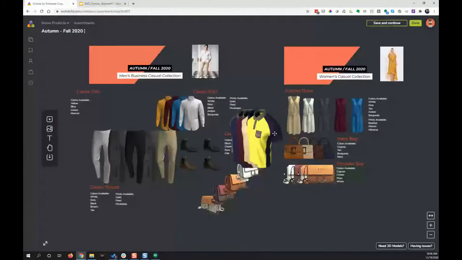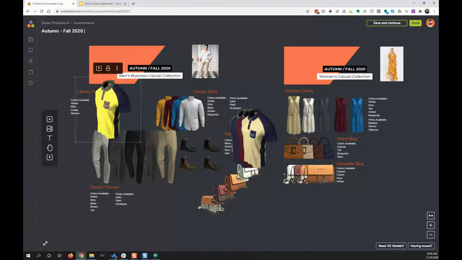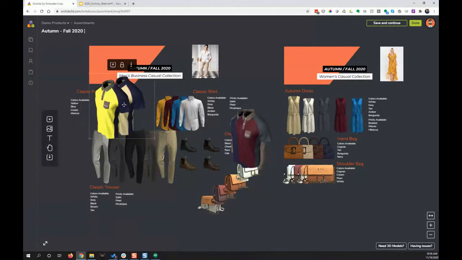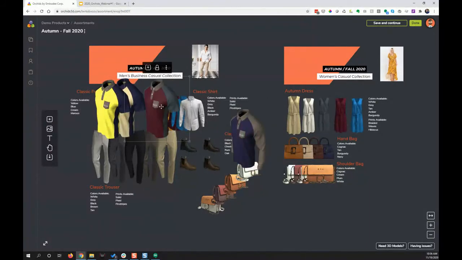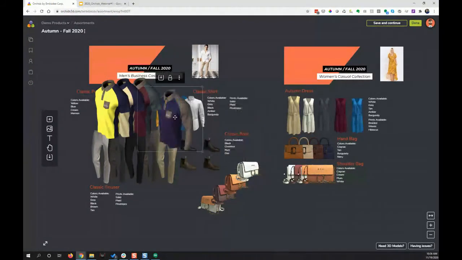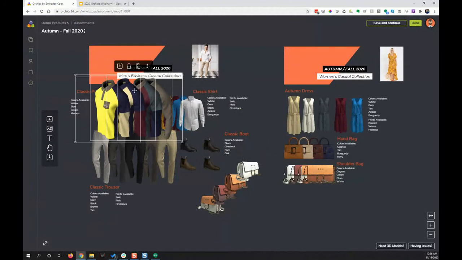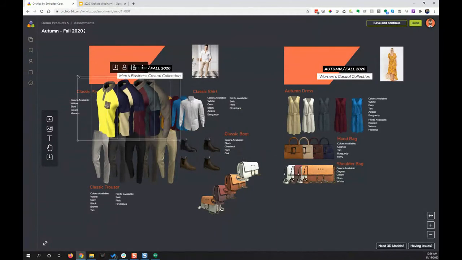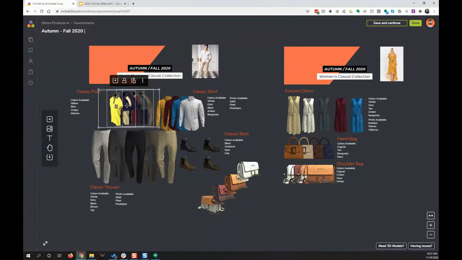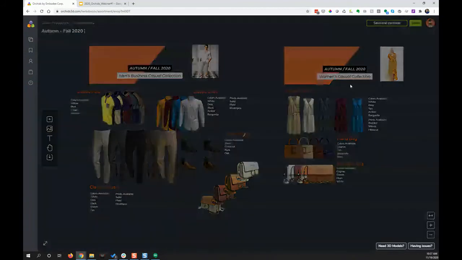You can see that they've been added here. And I'm going to bring them over to this area, so I can simply click and drag, and I can bring them here and just do something like this. Right. And then I can highlight them all. I can scale them down, bring them over here. And now these are presentable. I'm going to save and continue.